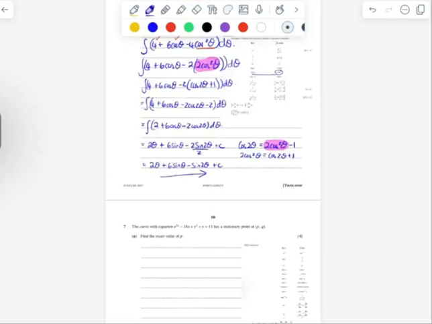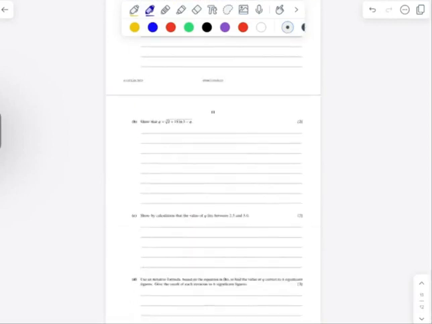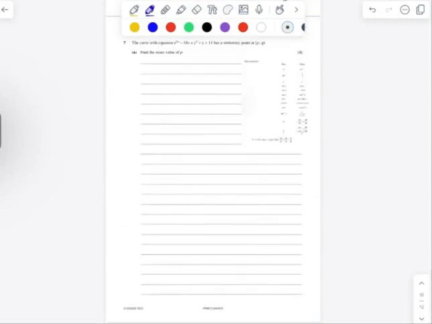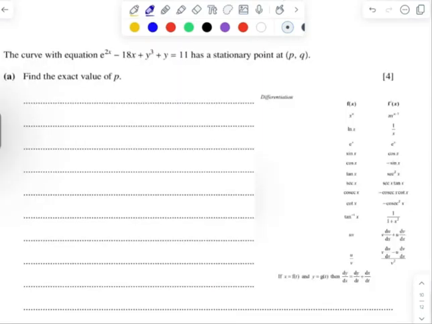Okay, we're going to jump into our final question. It's got parts A to D, and I can see some implicit differentiation here. So we see there's a curve with that equation, and it has a stationary point at P, Q. So dy/dx at x equal to P is going to be 0. So wherever there's a stationary point, our gradient